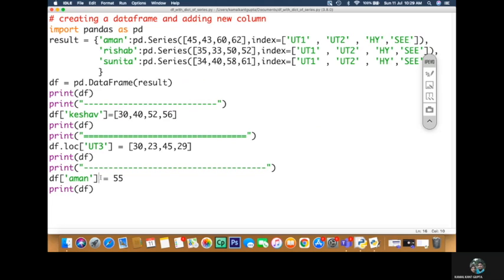Now what will happen if, in loc, instead of writing the name of the UT tests or exams in the index, I write 0 or 1? Say, for example, if I am writing here print